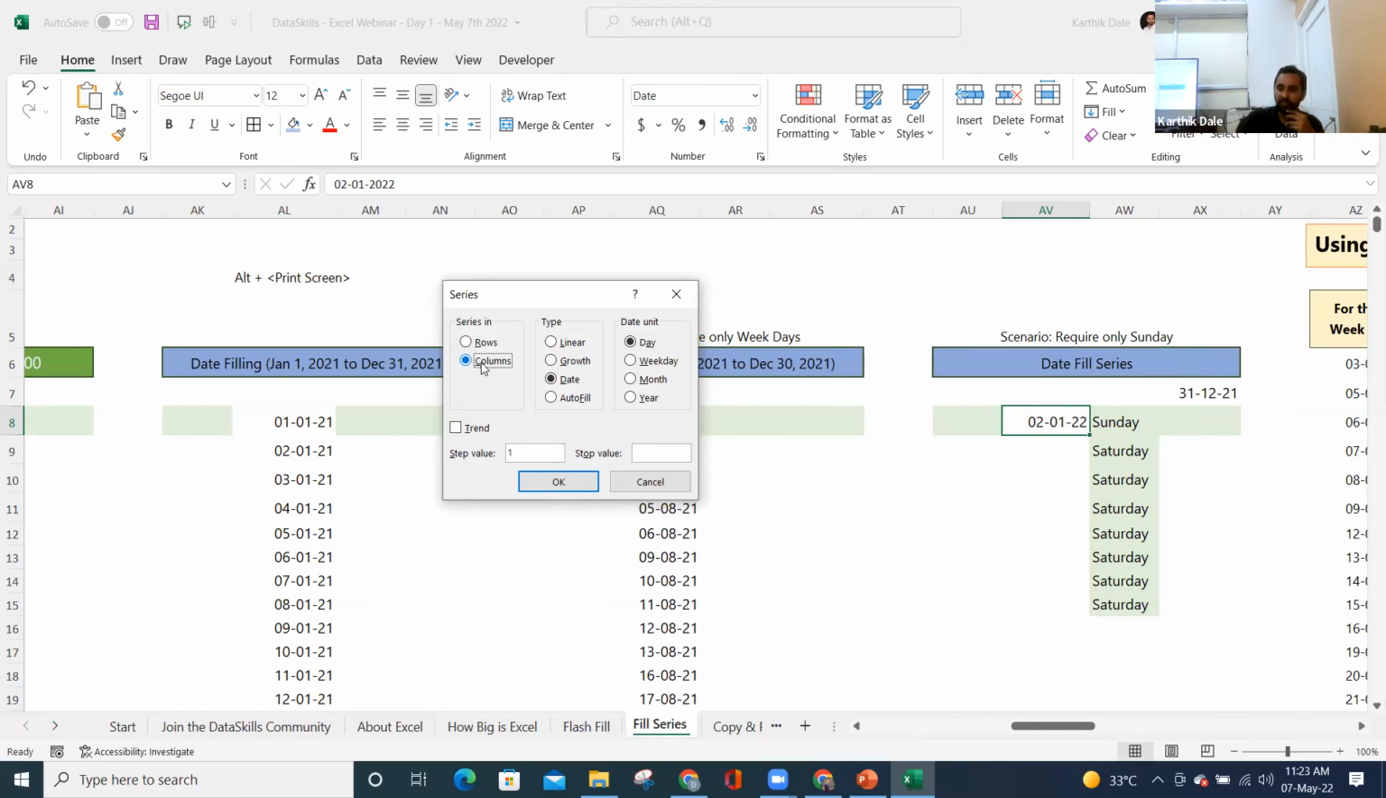I want to fill it column-wise. I selected the column. You need to change the stop value: I'll give 31st December 2022. And the step value, what do you write? 7. If today is the 7th of May, which is a Saturday,